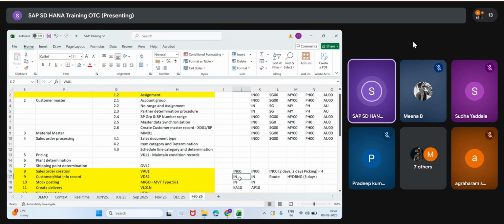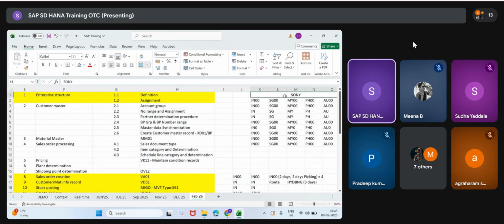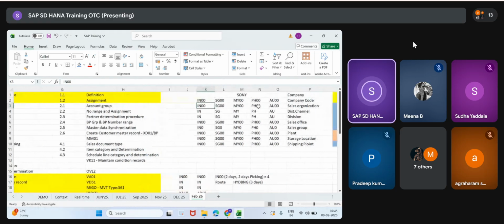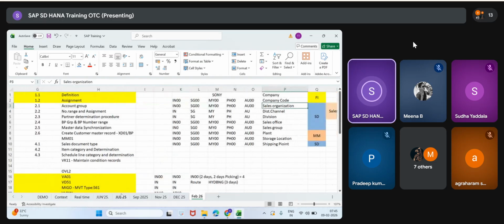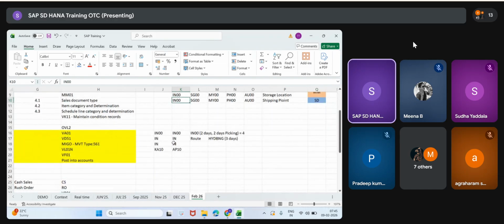Okay, fine. Coming to the point. Whatever I'm going to create, say Sony sales organization. This is the sales organization, right? Whatever sales happen through this code, the entire ledger postings are with respect to the company code. And how are we going to lift from this plant? How are we going to use this shipping point? Everything is there when we create the sales order.